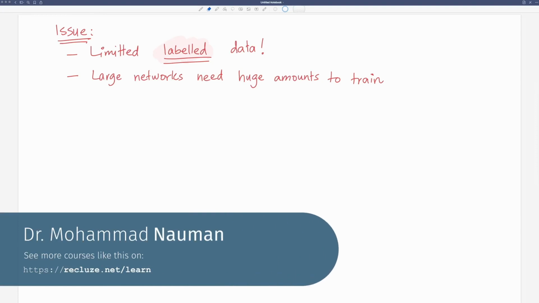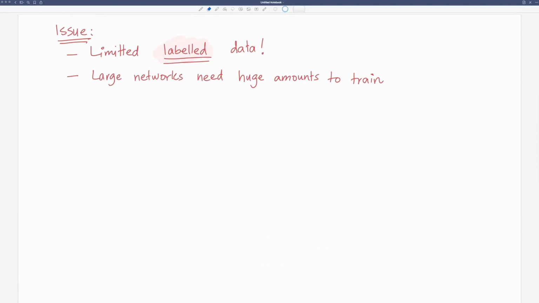In the next couple of videos, we're going to talk about generative adversarial networks, but the name isn't important. We need to first look at what the issue is that we're trying to solve. So here's the issue. In general, whenever you're trying to collect data from the real world, it would be easy to get unlabeled data, but difficult to get labeled data because labeling requires human effort. On the flip side, large neural networks need huge amounts of data to train. So we have a problem over here. Finding labeled data is difficult, but we need large amounts of data to do proper training. So the issue is, can we find a way to train neural networks with very little labeled data?